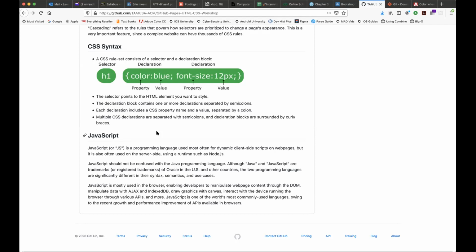And it is not anything like Java in terms of its coding. It's an actual functional language. It's not OOP, so it's not an object-oriented programming language. But